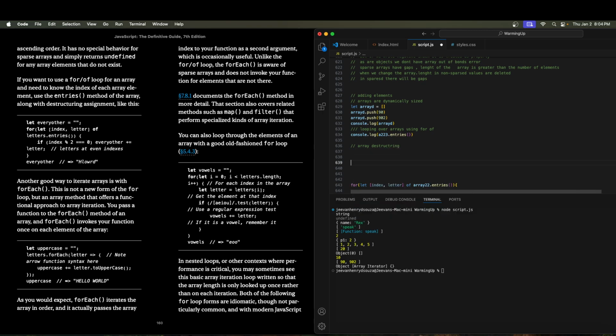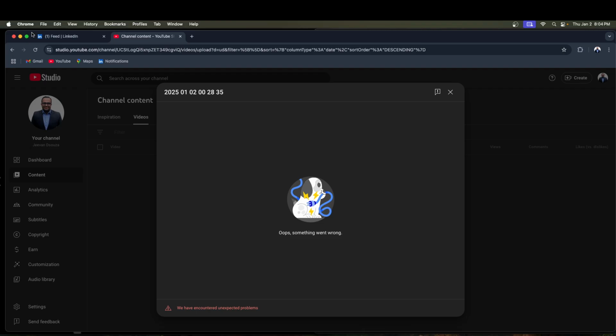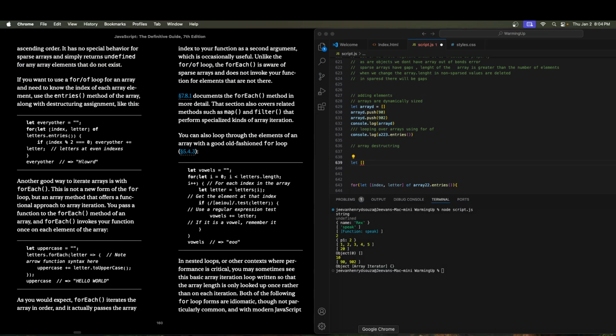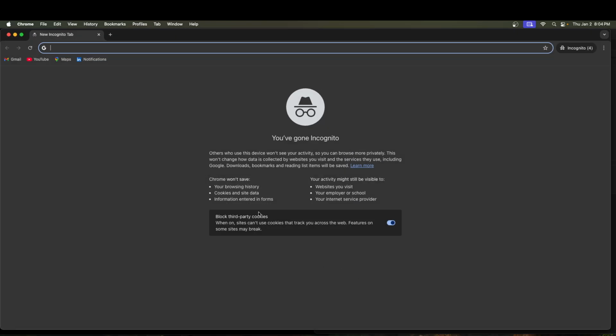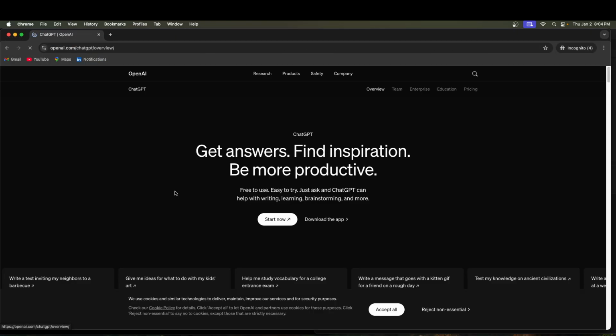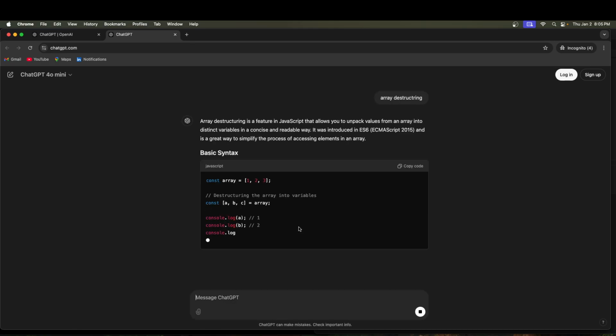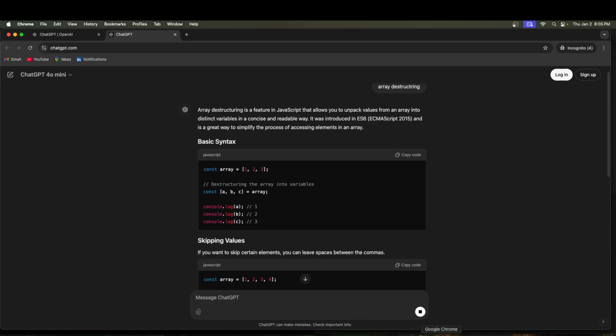So we can do this and basically directly assign it. Let's do array destructuring. Oh yeah, so what we can do is